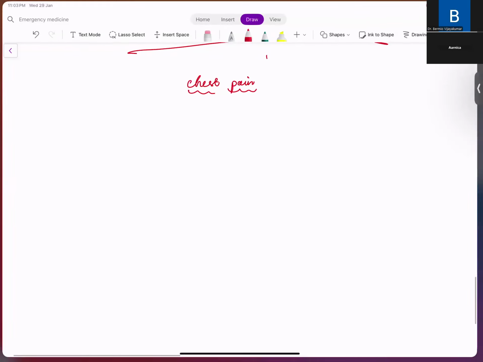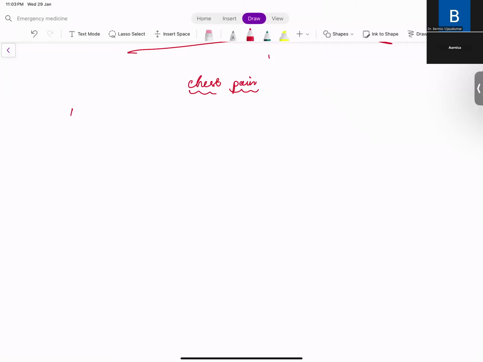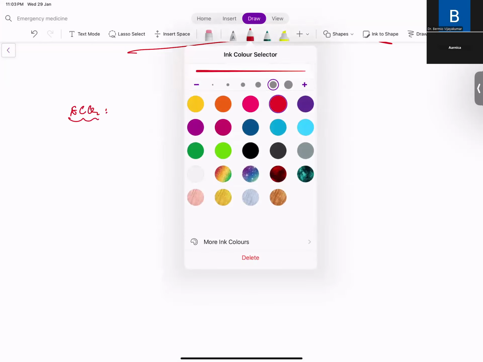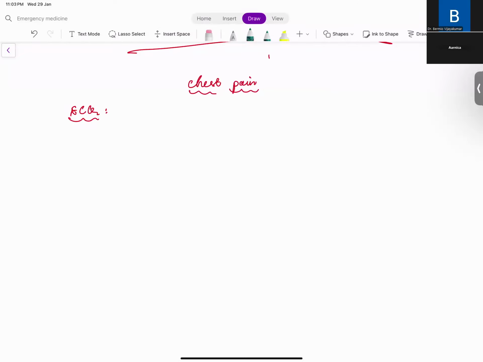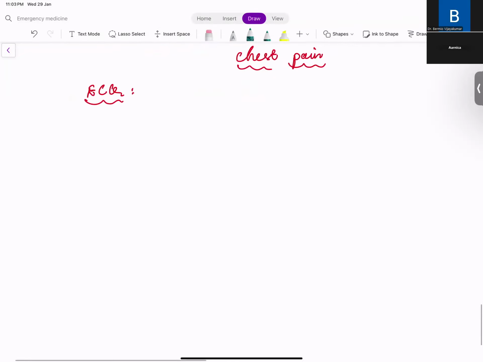So since we started our discussion about ST elevation, we'll just discuss the basics of ECG in MI. We'll have a separate series on ECG later, but at present we'll just discuss in MI what all you should see. So as you know,